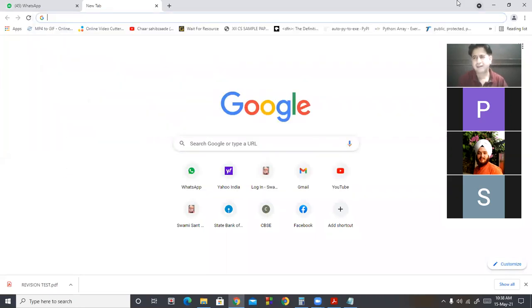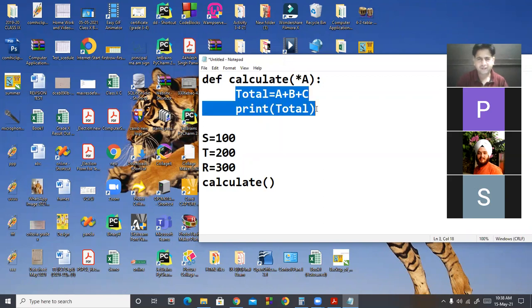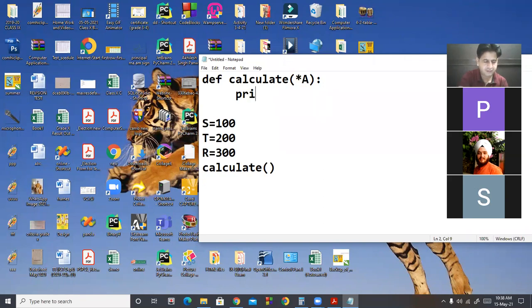In lambda function, we are not providing the limit for your parameters. So look at here. I am here using star a, and here a will be the tuple. ठीक है, एक टपल बन जाएगा और जितने पैरामीटर्स आप भेजोगे a में सेव हो जाएंगे.